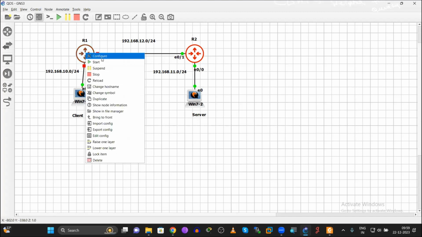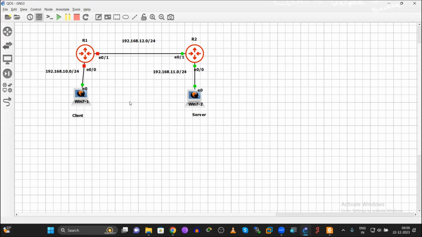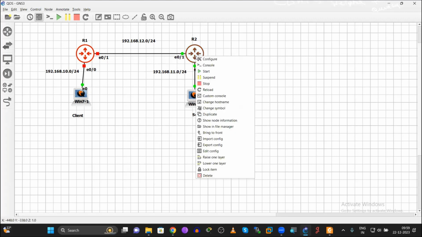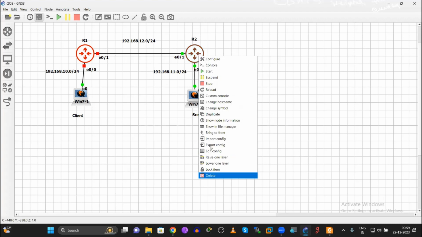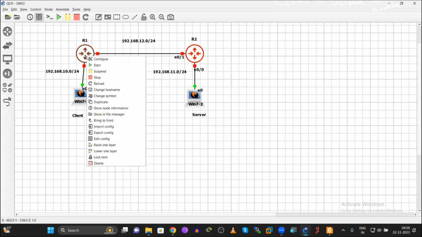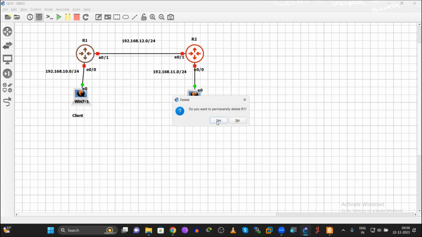what happens to this? This is unable to start. I'll turn this off. Stop. I will do one thing. I'll delete these two routers here.